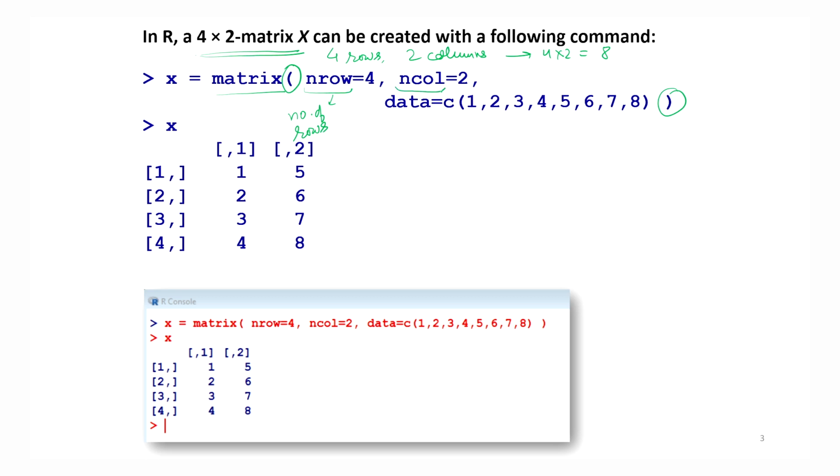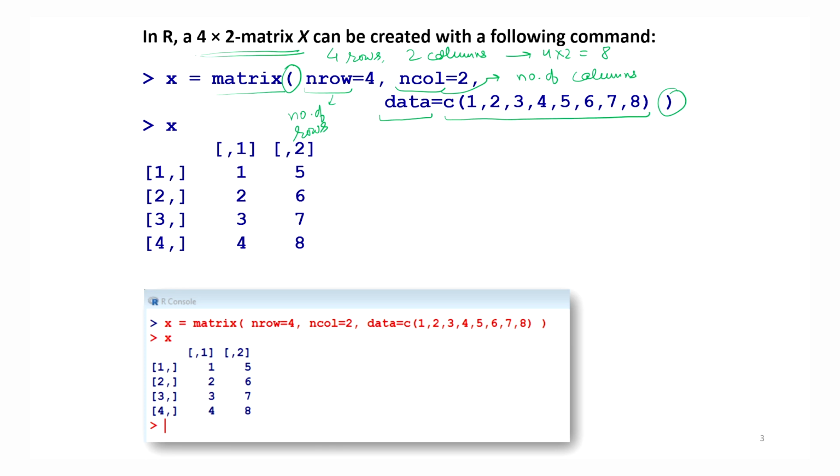And similarly here ncol means number of columns. So ncol is equal to 2. So that is indicating that there are 4 rows and 2 columns. Now I want to inform R what are the real numbers which are going to take place inside the matrix. So I try to give here 8 values which I have combined here in a data vector. And I use here this option data. So data will communicate to the R software that these are the values which are going to be inside the matrix.